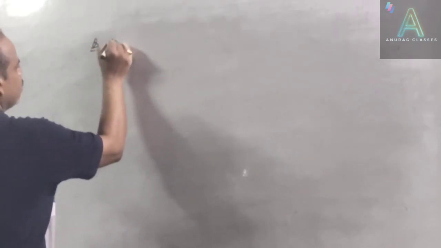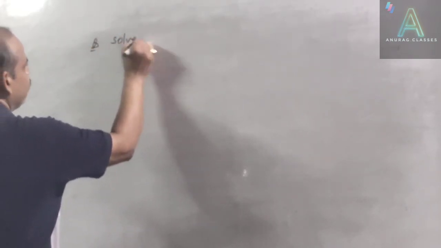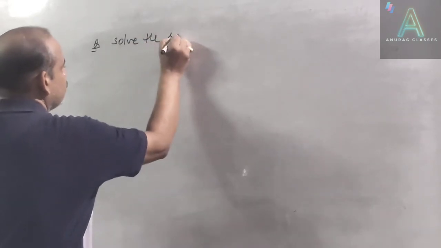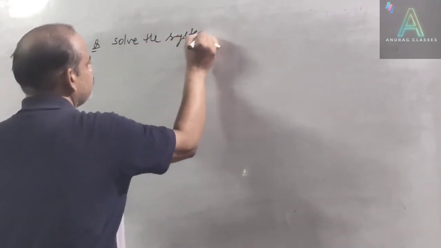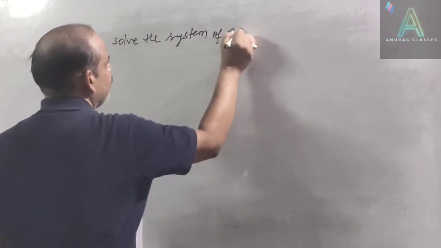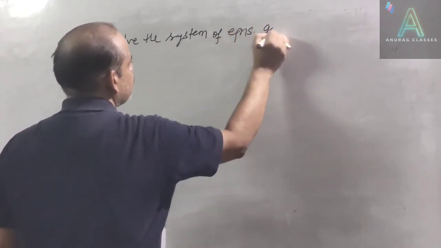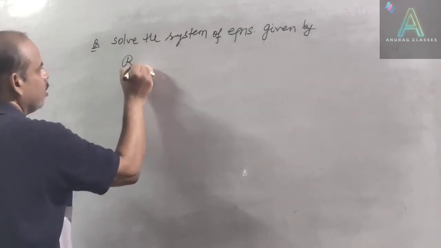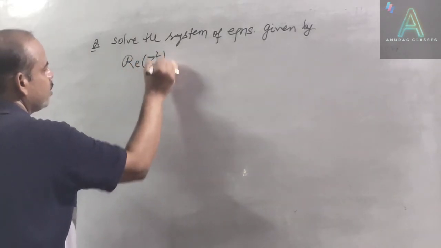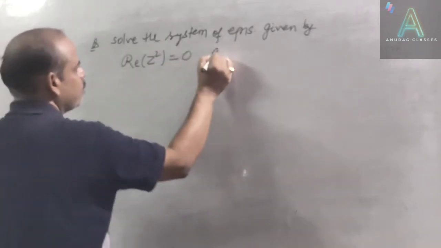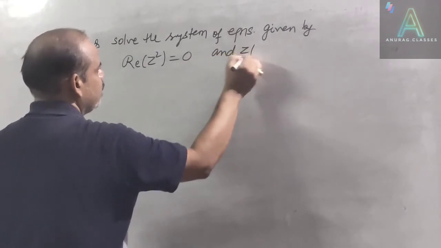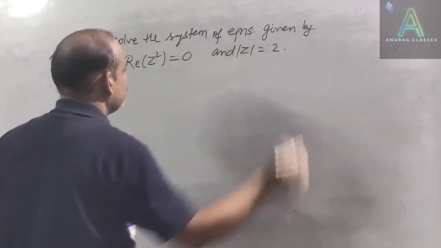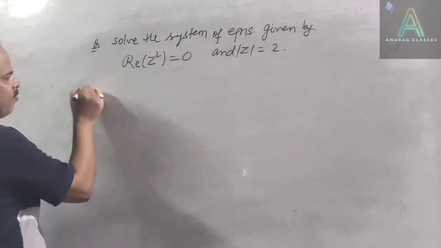The question is, solve the system of equations given by real z square is equal to 0 and mod z is equal to 2. So how to solve it? First of all,